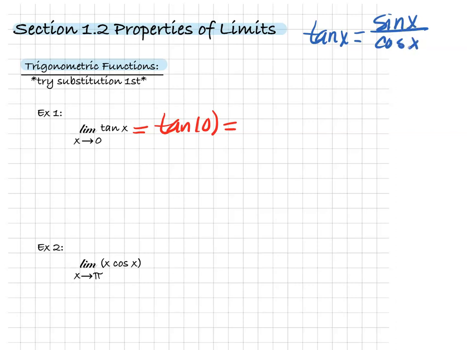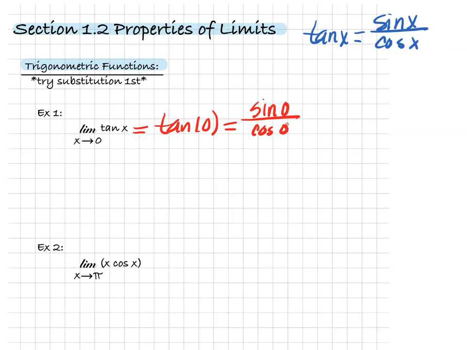And you should know this. This should not be something we have to keep looking up. And so if I go back into my problem, this would be the same thing as sine of 0 over cosine of 0. And you've already been working with your unit circle earlier in the modules,